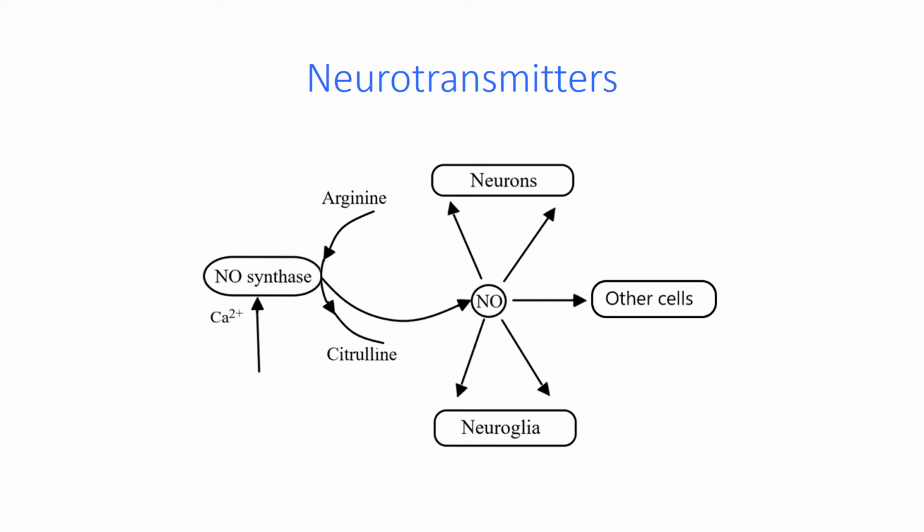Neurotransmitters, except nitric oxide, are stored in synaptic vesicles. After the rise in the concentration of calcium ions, nitric oxide is synthesized by NO synthase within the synaptic bouton and immediately diffuses to the surrounding neurons, gliocytes, and other cells in the vicinity of a few tens of micrometers and produces a wide variety of biological effects.